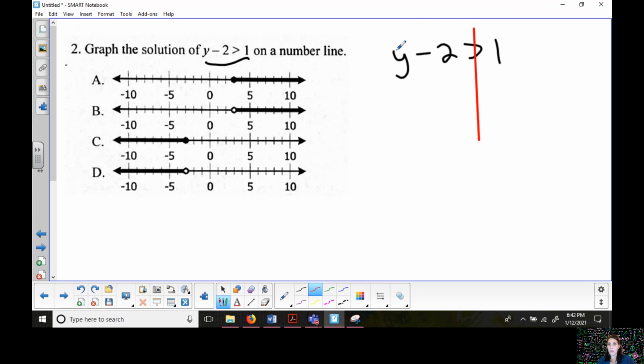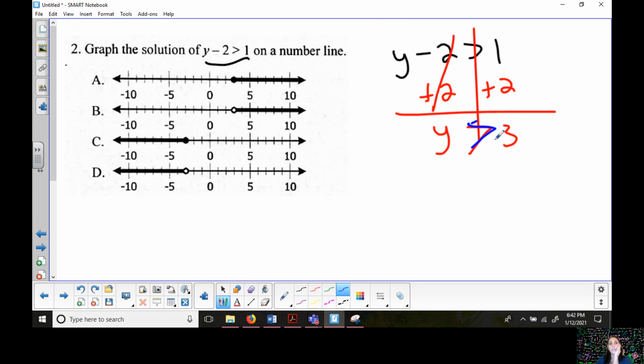If I covered up this y and moved this away from it, the opposite of subtraction is addition. So what we're going to do is add 2 to both sides. That cancels. We're left with y is greater than 3. I'm going to go with a different color here. So now all that we do with this is you go to your number line and you look for the